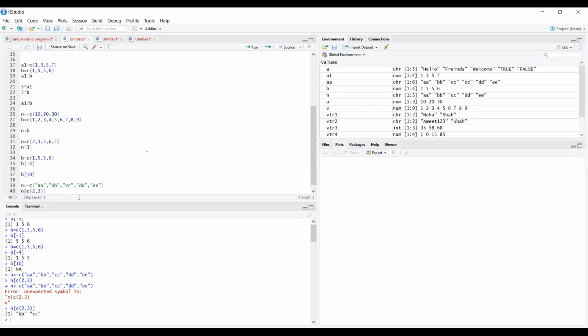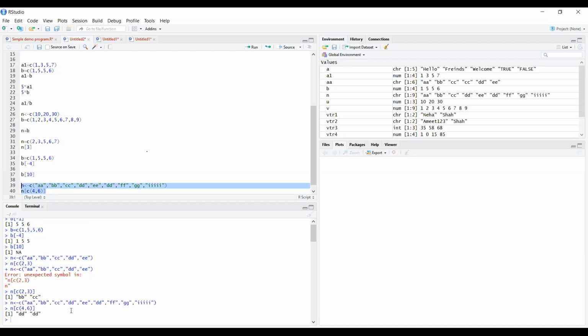With this means you can find any particular position. Suppose you add some more values: DD, comma, EE, double quotes FF, comma, double quotes GG, comma, double quotes I. And if you still want to find the position of your fourth and your last digit, that is the sixth, to see what new values are inserted, you see that the fourth and sixth positions are the same.